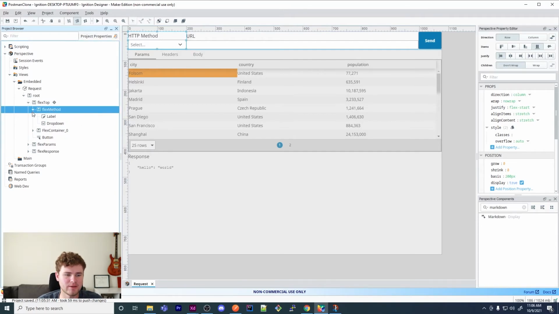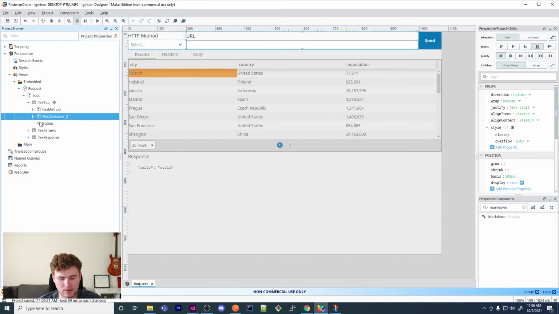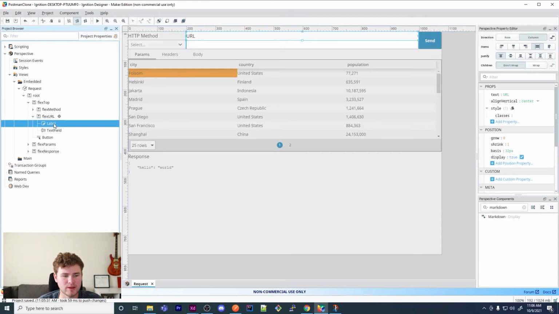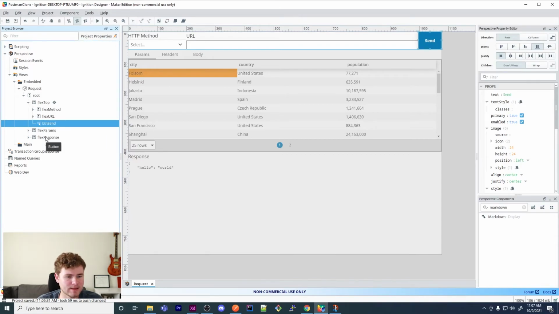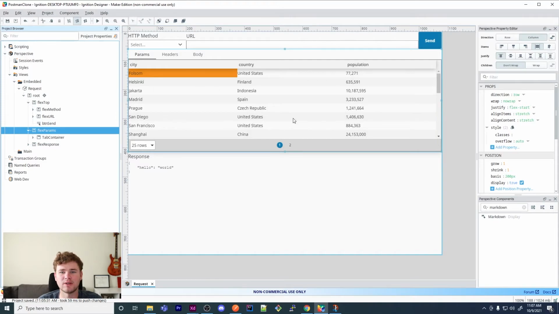This is a naming convention I follow. You don't need to. I usually prepend my name with a component type. So like if it's a flex container, I'll call it flex whatever. So here I'll call this flex URL. And for example, if I want to rename a label or a button, I'll call this URL label. And then button here, I can do button send. It just helps me to find if I ever need to drill down and find certain components, like